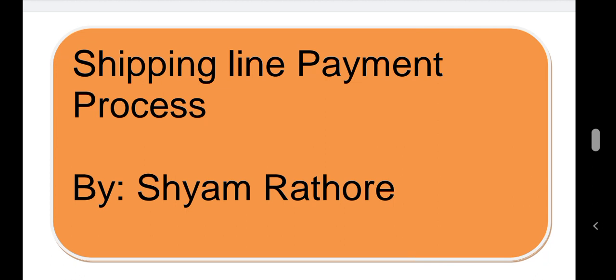First we will understand what payment we need to make to the shipping line when we export or import some goods. There is freight of the shipment that we need to transfer to the shipping line account. We can also say the detention charges if the shipment is delayed at the seaport, or the delivery order charges. If we pay these charges against the shipment's freight and detention, then the shipping line delivers the goods to us. So these charges we need to pay to the shipping line.